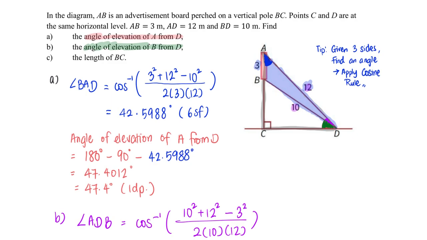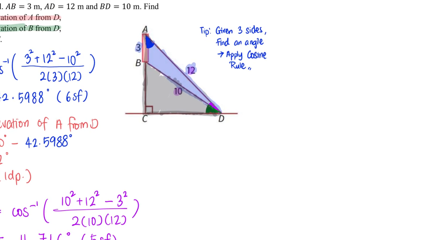Last, find the length of BC. At this point in time, let's focus on this black color triangle that Mr. Tan has just shaded. And a special tip: if it is too complicated, then for part C, this is what Mr. Tan will do. Mr. Tan will sketch out B, C, D. Then it becomes pretty straightforward because I would have my angle BDC,